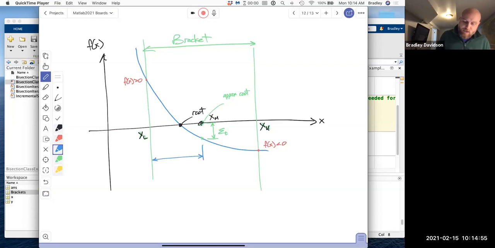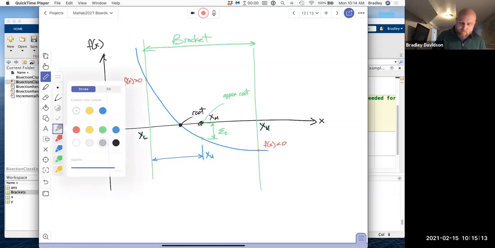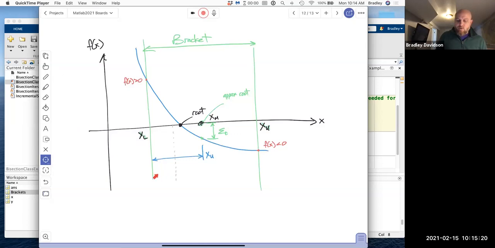So now I have an x upper, and I have a new bracket. And so with this new bracket, we're ready to then bisect it again. Okay, I'll put a construction line right in the middle. And we're going to be choosing, do I want this side or do I want this side as my new interval? So we're going to make that choice